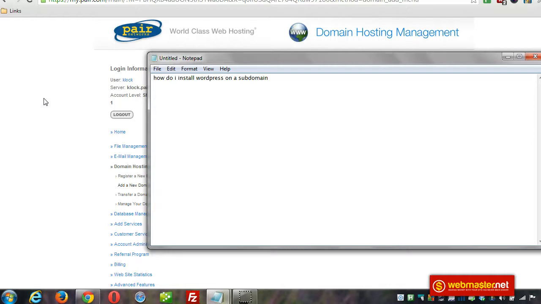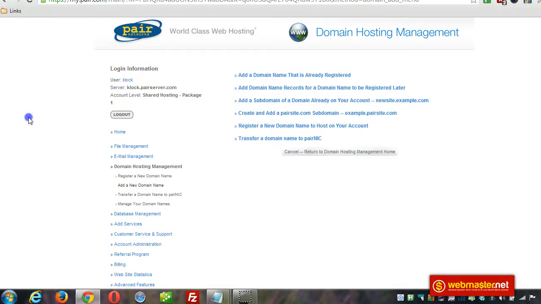Now, the first step, of course, is to create a subdomain, and the procedure for that is going to vary depending on who you're hosting with. At the moment, I have a Pair hosting account open here. So on Pair, what I would do is under Domain Hosting Management, click on Add a New Domain Name, and then add a subdomain of a domain already on your account. So I'm going to click that,